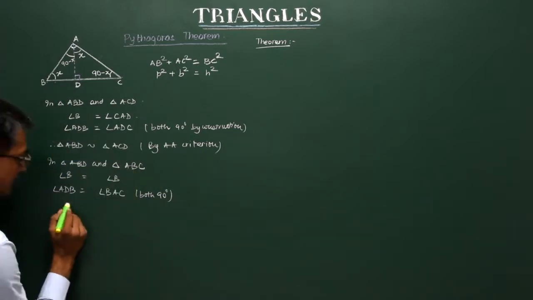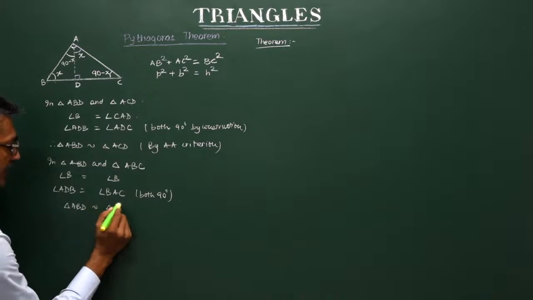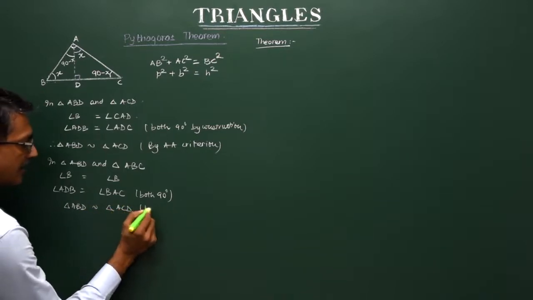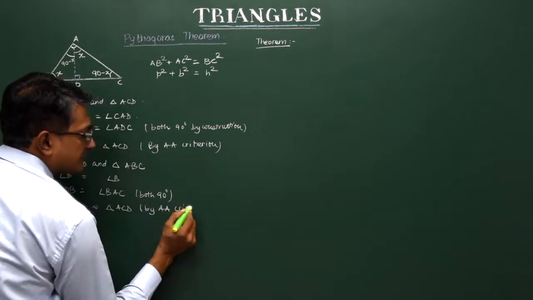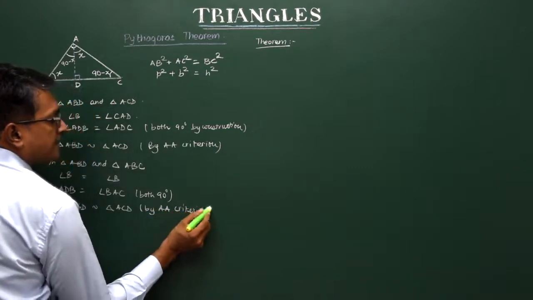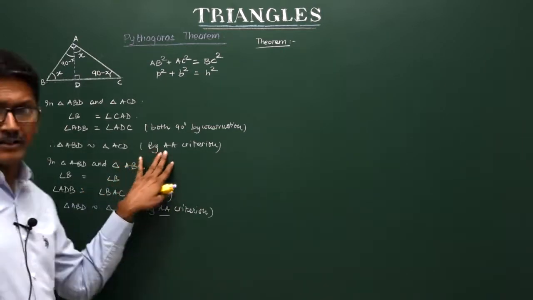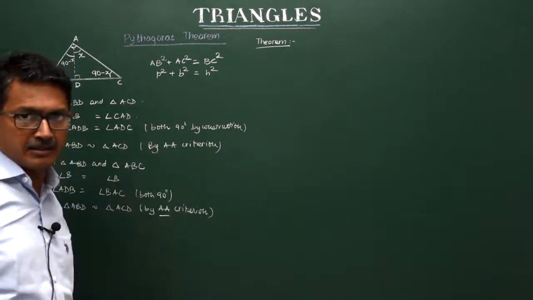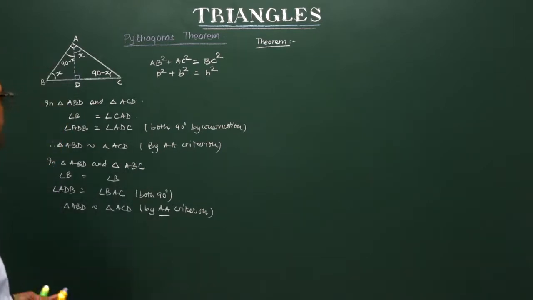So these two triangles are also similar, so triangle ABD is similar to triangle ABC, again by angle criterion. We have discussed these criteria earlier, right? Actually it was AAA, but since it's a triangle and whenever two angles are equal, the third automatically becomes equal,